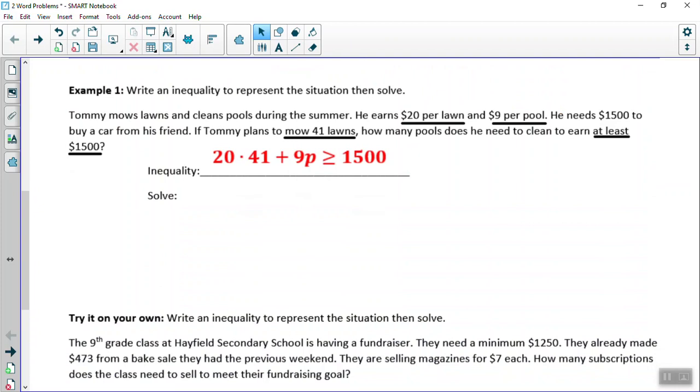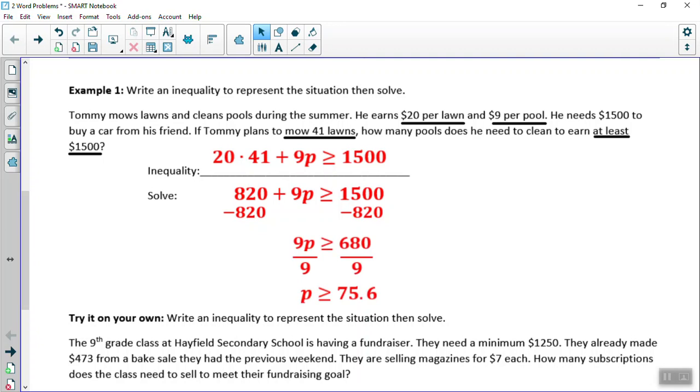Let's start by simplifying. I can multiply these two together, which gives us 820. Now I need to isolate my 9P, so I'm going to subtract 820 from both sides, which then gives us 9P is greater than or equal to 680. Next step, isolate the P. We're going to divide by 9 on both sides, and we end up with P is greater than or equal to 75.6. All right, so remember though, we can't clean part of a pool, so we could bump this up,